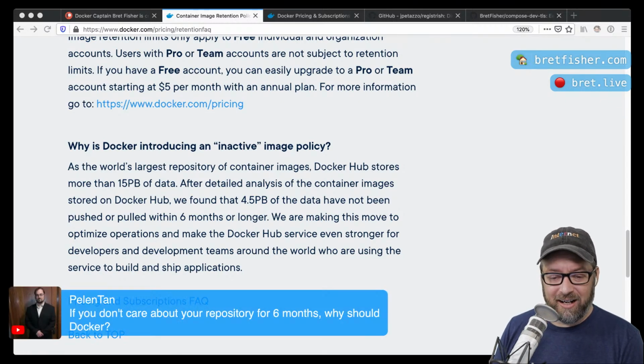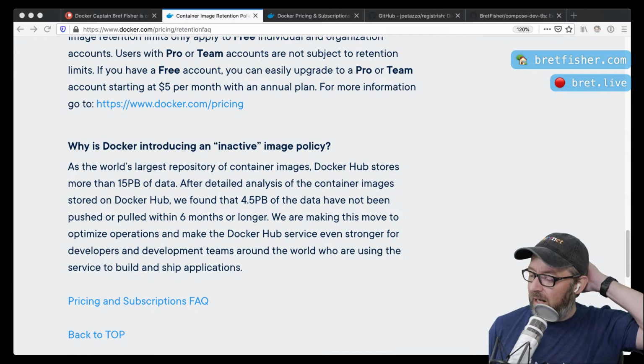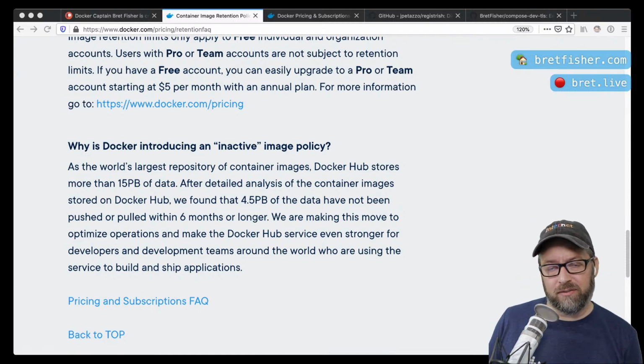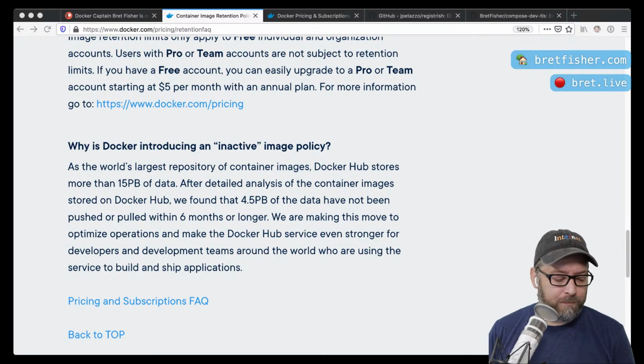Right. Yeah. If you don't care about your repository for 6 months, why should Docker? Yeah. And the reality is that any business, I mean, any software as a service tool on the internet obviously is a business. We're always trying to reduce costs, but I feel like it's a no-brainer. If you're using GitHub for your packaging or AWS, you're paying for those image registries, right?